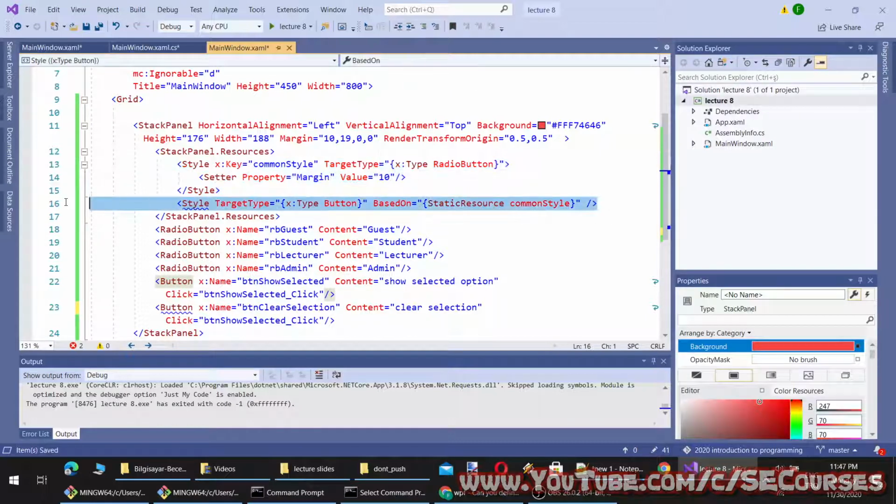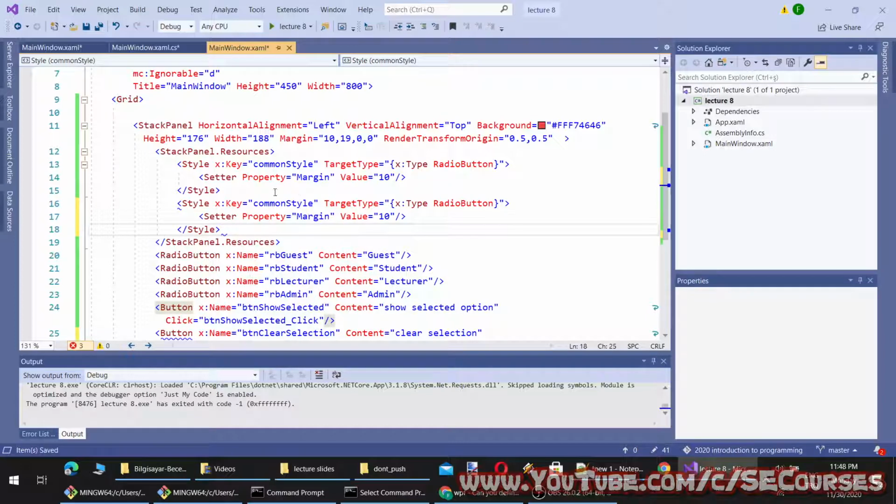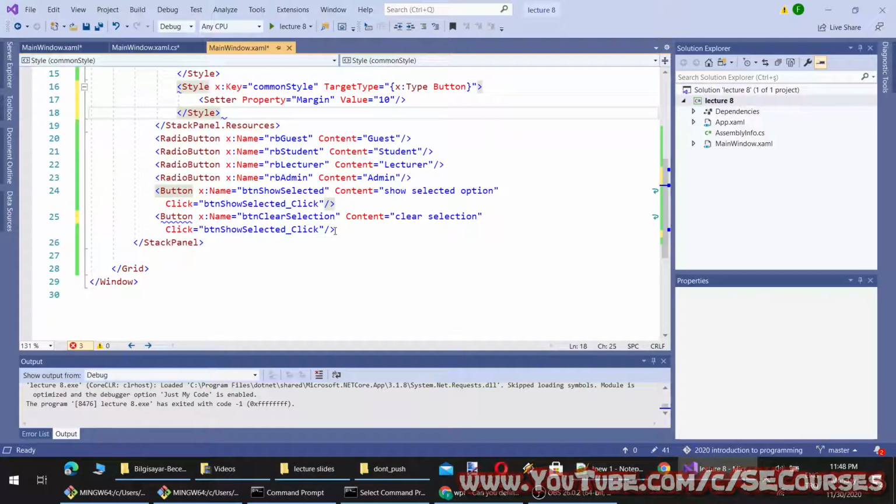Therefore, I have to copy and paste this like button. Okay, and now it should work. Okay, let's try it.